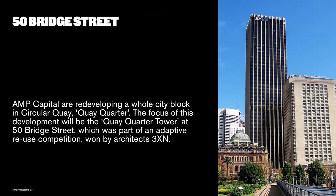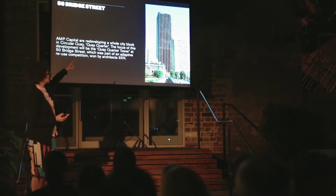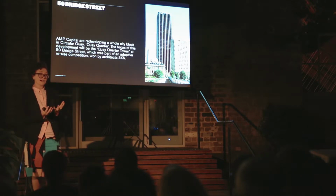So Key Quarter, I don't know if anyone's familiar with what Key Quarter is, but AMP own quite a large block from the back of Customs House, Loftus Lane and Young Street, up to Bridge Street. And what they are doing is redeveloping that whole site. And they're putting in a big new tower. So this existing tower here, they're doing an adaptive reuse of that tower. So they're just stripping the exterior of the tower, and they had a competition, and 3XN won the competition to